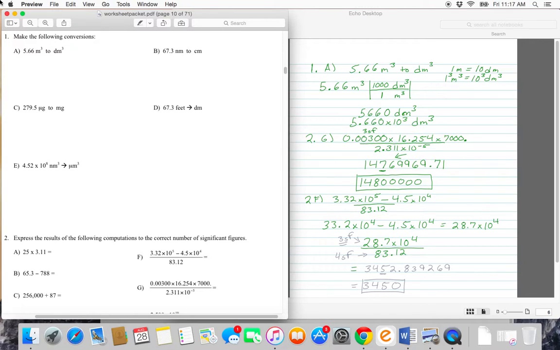And in this particular case, we take 28.7 times 10 to the 4, and we divide that by 83.12. That value will be